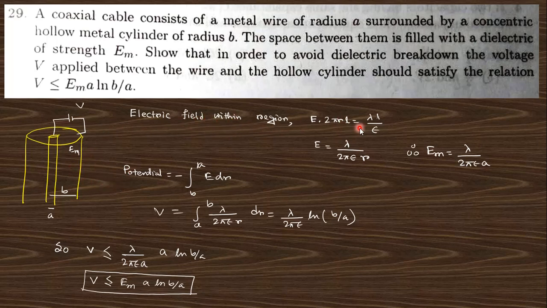So you can see the electric field within this region. From Gauss's theorem you can find the electric field. The maximum electric field occurs when r is minimum, and the minimum r is a. So put this value, you will get the maximum electric field, that is the dielectric strength, right? And the potential can be found from this integration, you will get this potential, and by this condition V must be less than that value such that the dielectric does not break down. So this is the maximum value of this potential, right? So V must be less than this potential, and put this value, taking a and a such that we can replace this a. So you will get this relation, right?